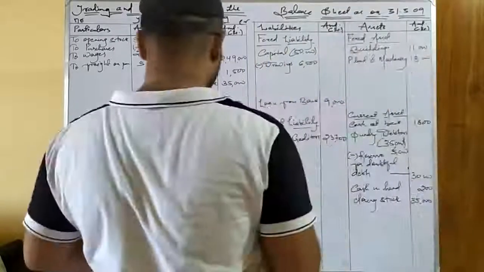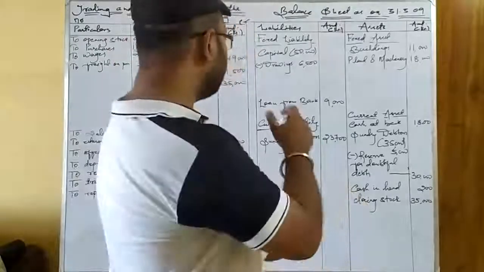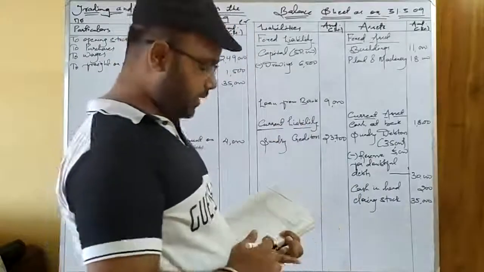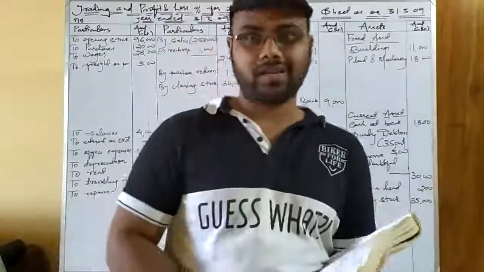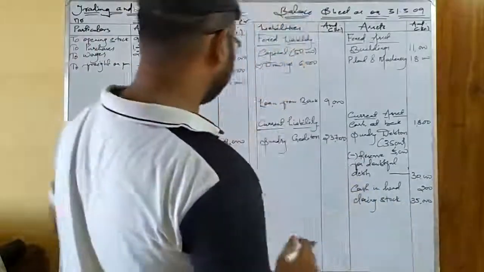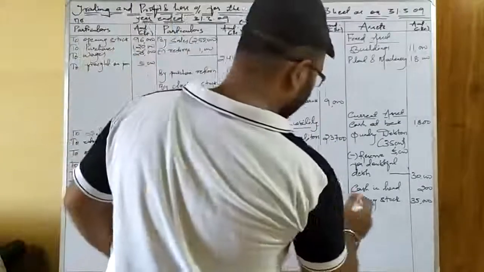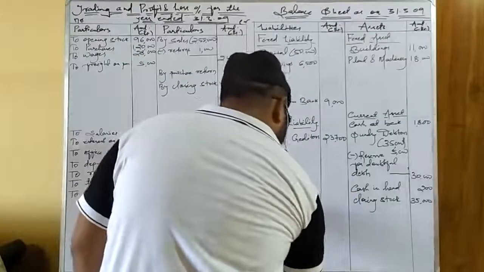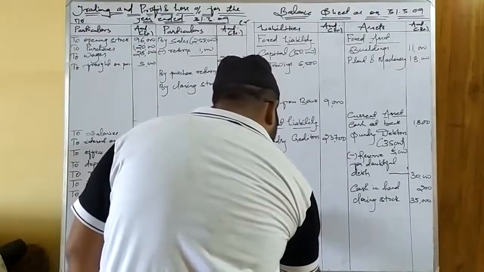It is always required to see whether you are posting or writing the values correctly or not, because if you make any mistake, again you have to make a cross check, which will be very cumbersome and time consuming. Okay. So these are all the items that are posted, and other types of liabilities are not there. I am just writing over here. We'll make a hyphen, as we were doing earlier.